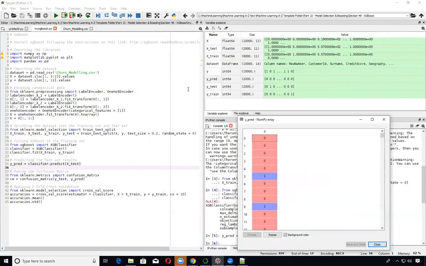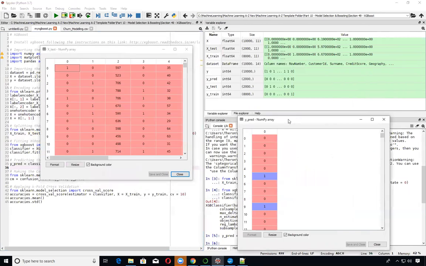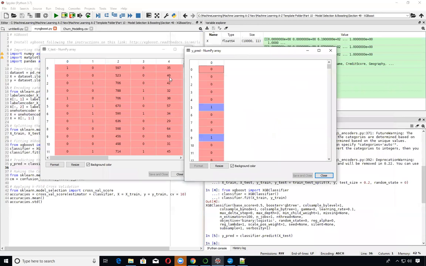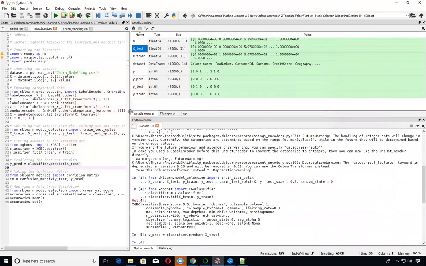So we want to take a look at our X test, and if we mirror it up, here's our prediction for this. You've got 0 or 1: 1 for they will leave the bank, 0 for they won't leave the bank. One of the keys here: in the previous lab, it had an 86% accuracy with the decision trees using the random forest and so on. That's about as best as you're going to get in this type of business problem, as they clearly stated in the course. So now that we're using a totally different algorithm with XGBoost,